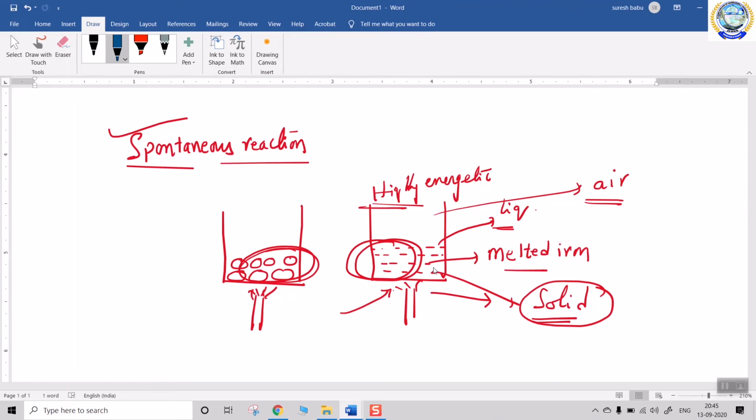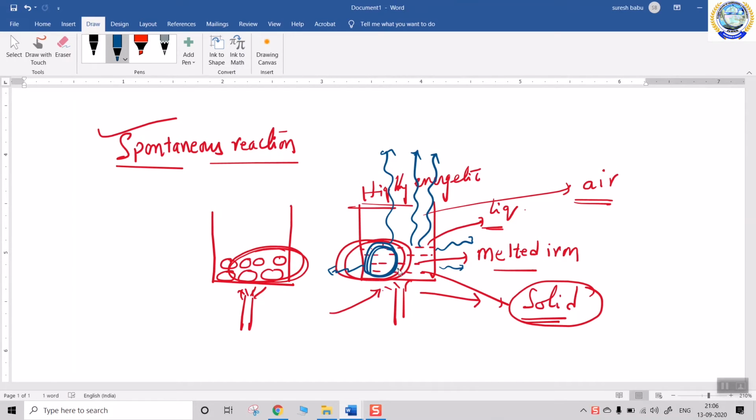During the conversion of this liquid into the solid state, it has to release the given amount of energy into the atmosphere. Generally, it will release the heat energy into the air, and through the vessel also it will release that heat. Inside this liquid also some physical changes may happen. Those physical changes will help the liquid to form the solid quickly. This conversion of liquid into solid state happens in two different ways, depending on the type of the material.